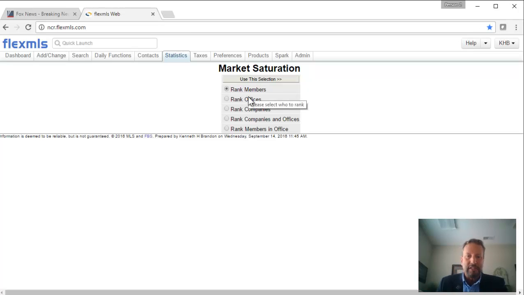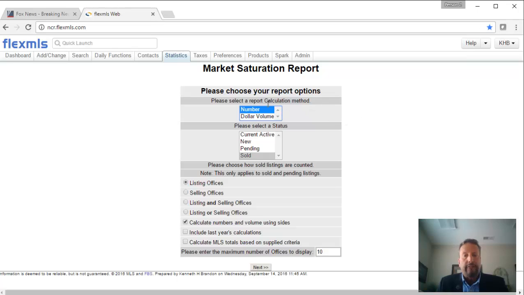If you're looking for your own specific numbers, then leave it on here. This is going to rank you as a member of the regional MLS. I don't want to pull up members' names in case somebody would have preferred that I not do that. So I'm going to use rank offices. It's the same process. We're going to go through the same process to get the results. I'm just using offices. I'm going to click use this selection, and again, by default it's going to rank